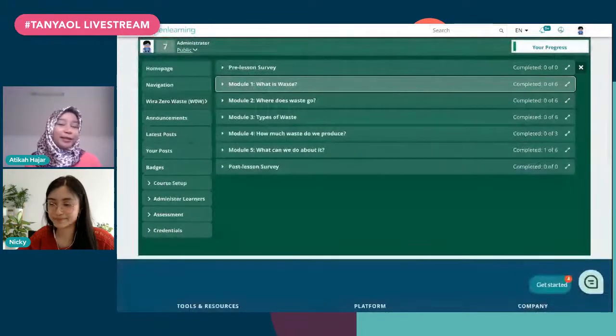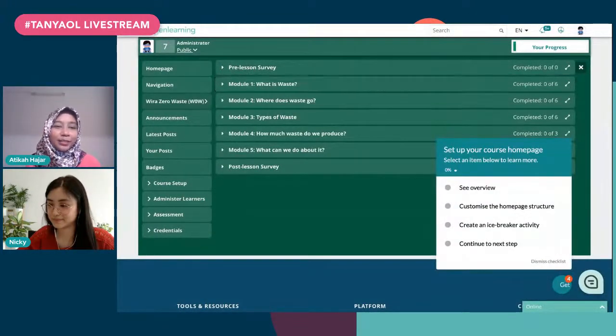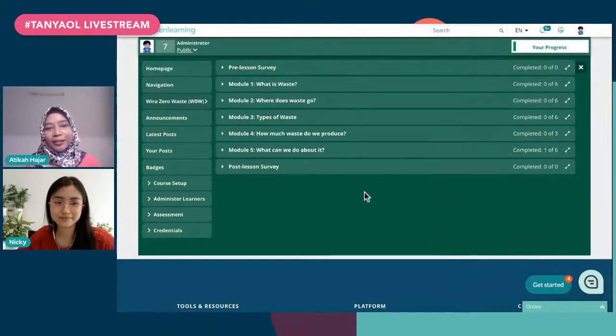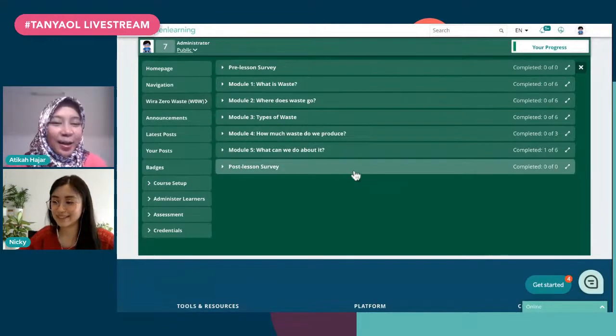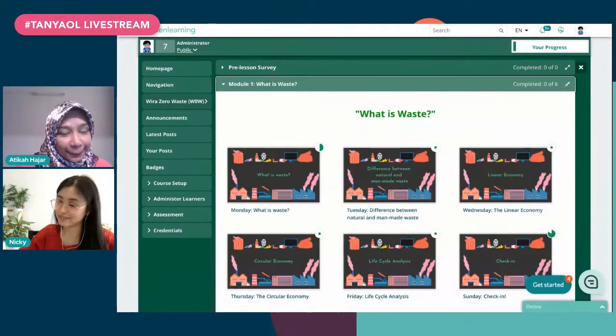It's how you designed it, as long as the learners understand the flow, they enjoyed it, and they have no confusion. It's all fine and dandy on how you build it. So there's no wrong way to design. But just to show you what the course looks like inside.